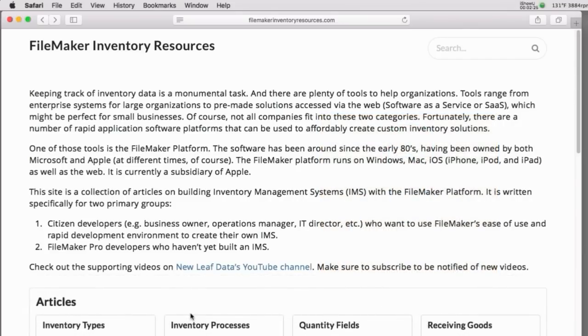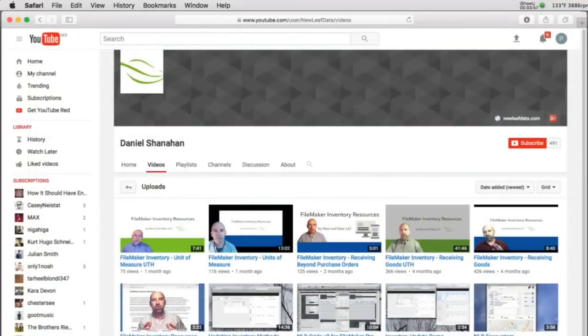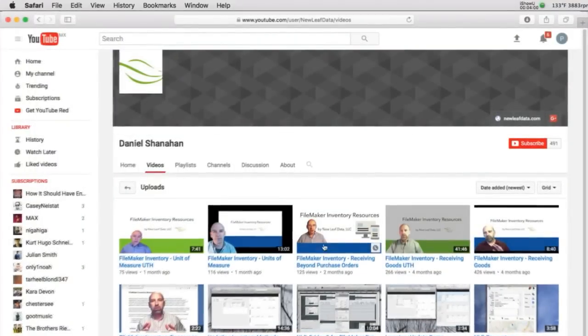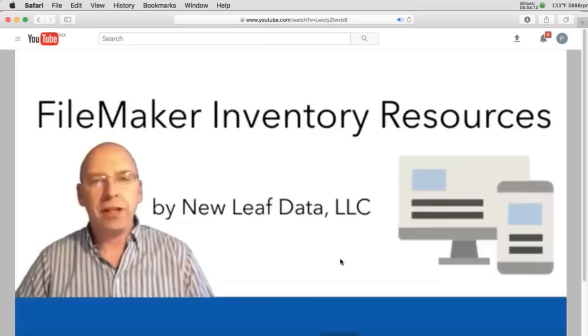Now, the FileMaker Inventory Resources webpage covers a wide variety of topics, all revolving around inventory. Bringing products into inventory, taking products out of inventory, getting supplies of inventory in from distributors or shippers or manufacturers, building of inventory into kits, etc. So this website is really a single repository that's fantastic for learning all about this. In fact, he also has a handful of videos where he talks about some of the details of inventory management. And of course, as a professional, I'm sure Daniel is available to consult with you if you need help with